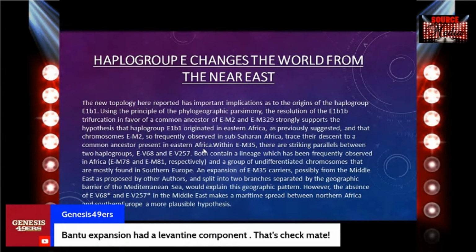I'm not saying that everyone that carries E1B1B is an Edomite. I'm very open to Israelites carrying E1B1B too, but I do think for sure that Edomites are E1B1B, due to what we know about Alexander the Great, about the E markers moving into that region and conquering that region during the Bronze Age, when we start talking about the battle axe cultures and stuff like that.